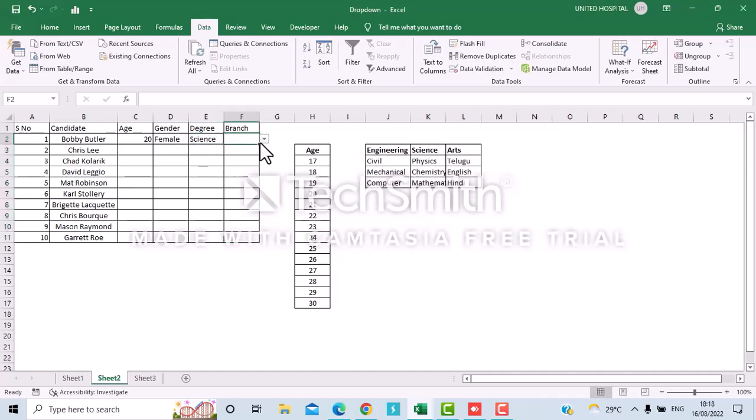If you see now, science related data is updating here. So I'm selecting another branch, engineering. So here engineering data is only visible. If I select arts, so this is